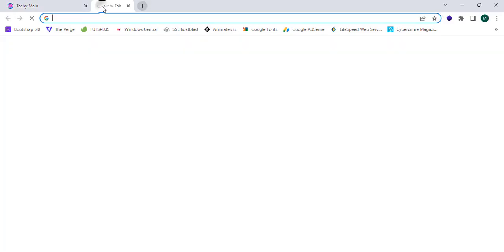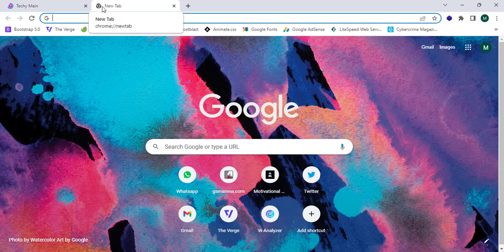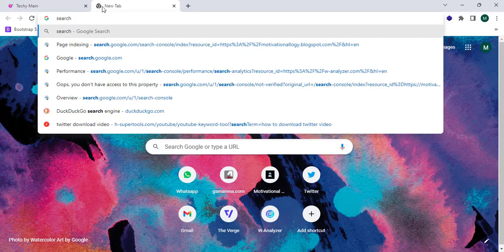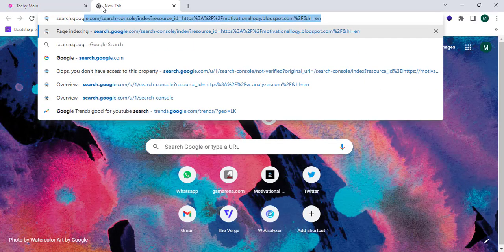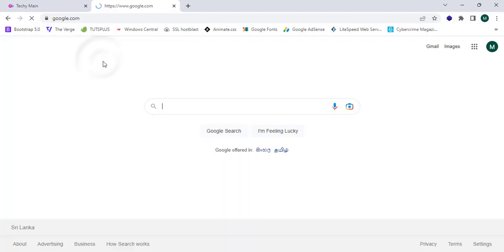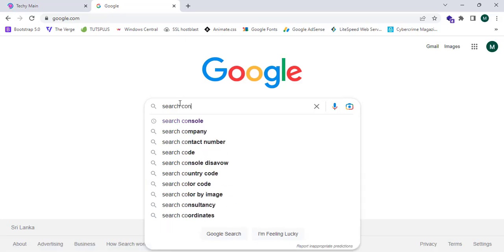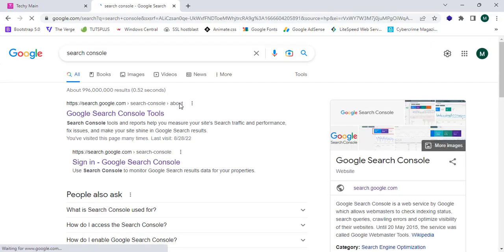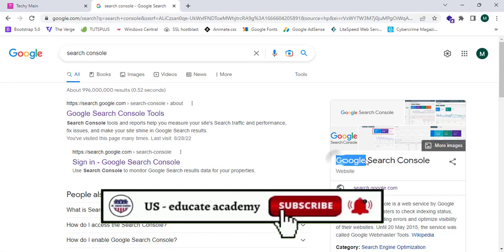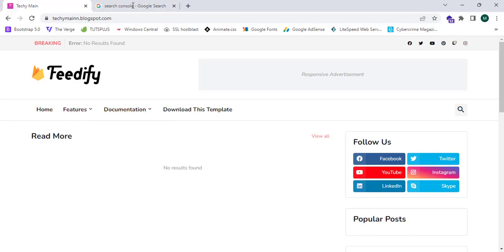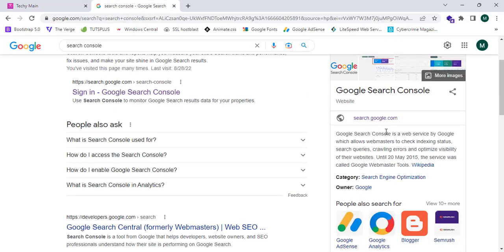So now I'm going to open a new tab and search for search.google.com, and now I'm going to search for Search Console, and here this will show me Google Search Console. And now let's try to add our website to Google Search Console to rank on Google. And so the first step, now I'm going to open